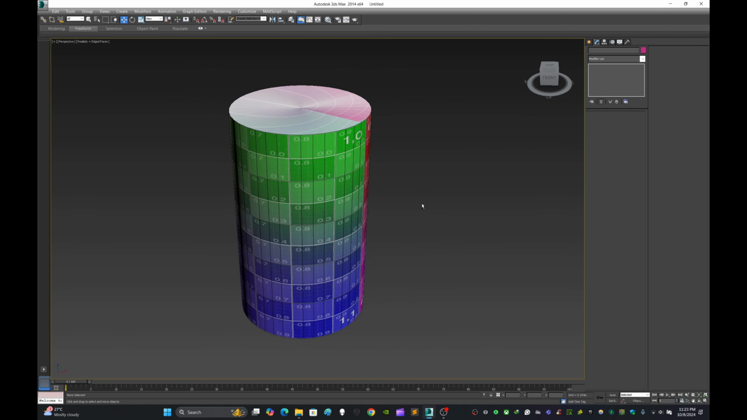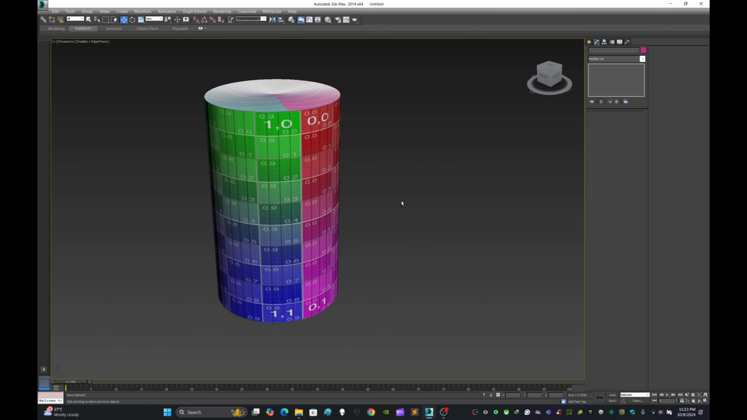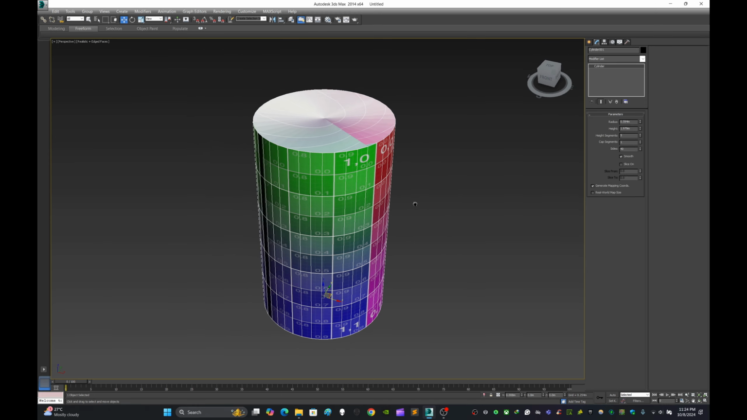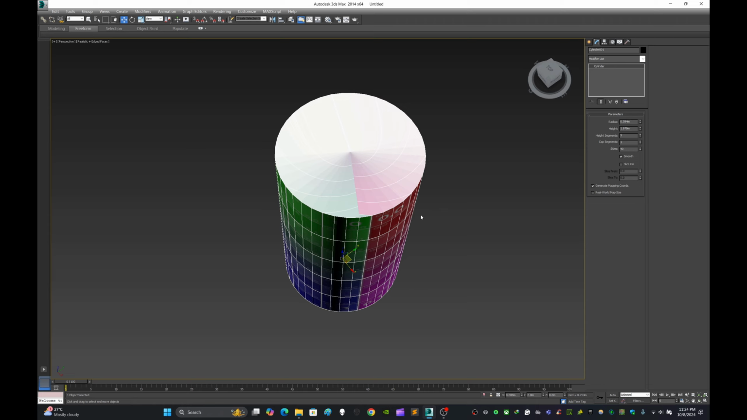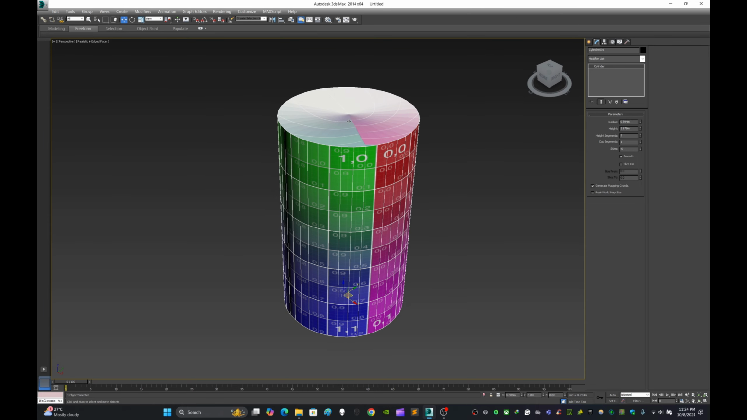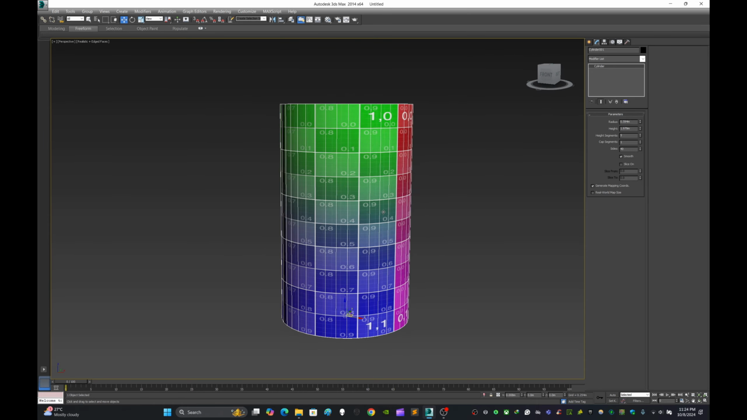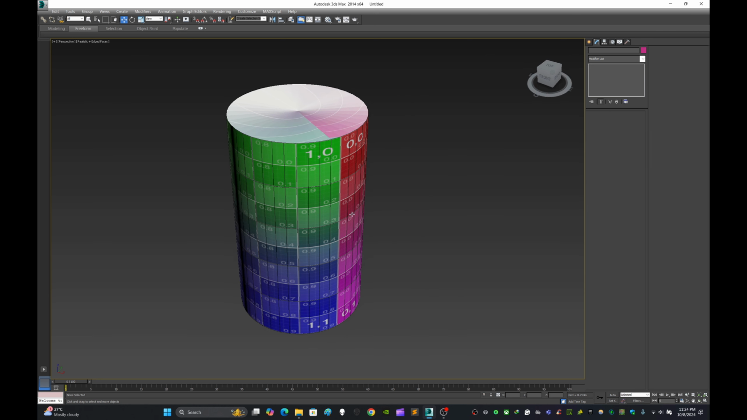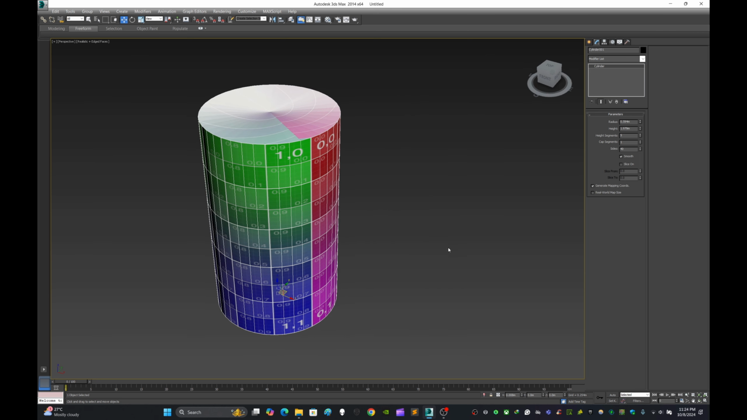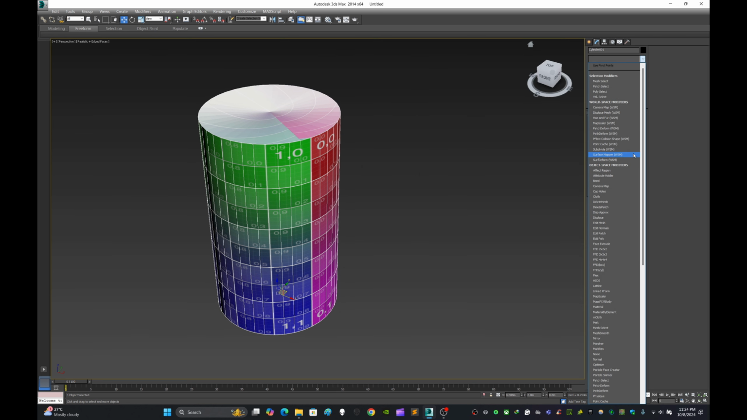But this is not perfectly done. There are some problems. You can see here the top part, the bottom part, and this part. So how can you fix that? You must select your modifier and you go to the